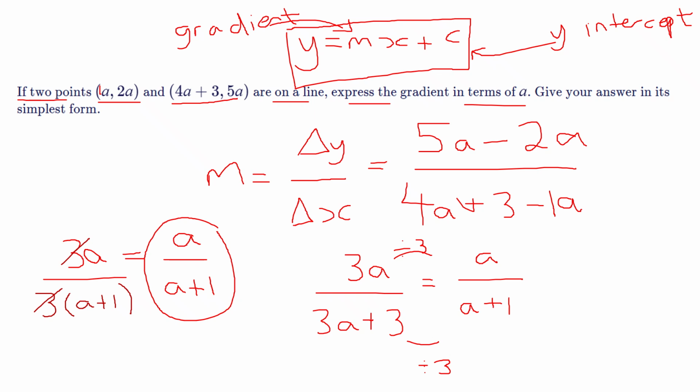But go back to this point earlier, to work out the gradient, which is m, is the change in y over the change in x. So difference in the y coordinates over the difference in the x coordinates, okay? So I like to label it as x1, y1, x2, y2, and do y2 minus y1 over x2 minus